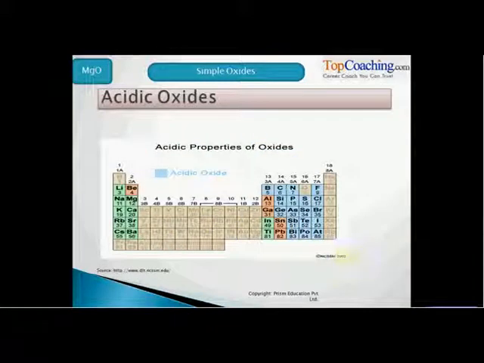So, here I have my periodic table, colored accordingly. All these are acidic oxides, right? Oxides of boron, carbon, nitrogen, silicon, phosphorus. Now, can you give me a similarity between all these elements? All these elements are non-metals, right? Bismuth is a metal. Apart from that, all these are non-metals. And to make our life easier, these non-metals form only acidic oxides, right?